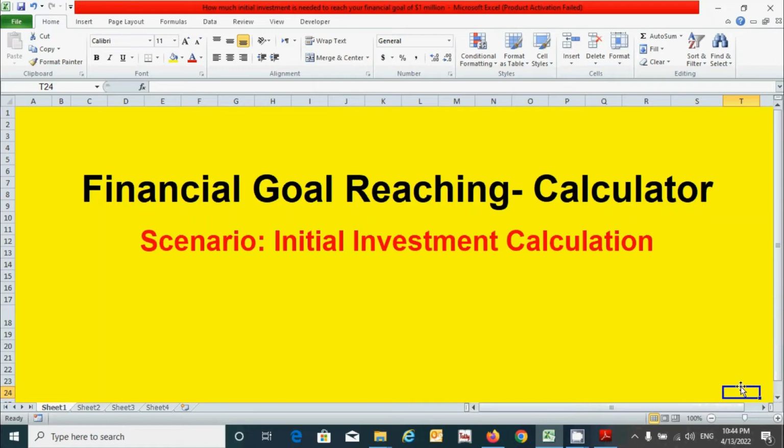Hi guys, in this video we will learn how to make the financial goal reaching calculator by taking the scenario of initial investment. That is, we will learn how to calculate the value of initial investment based on the other available financial information. It is important to calculate the initial investment when the value of this parameter is unknown to get a certain